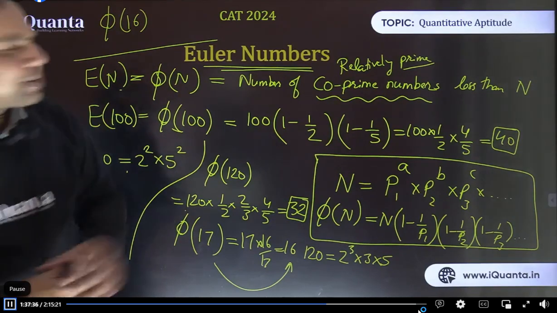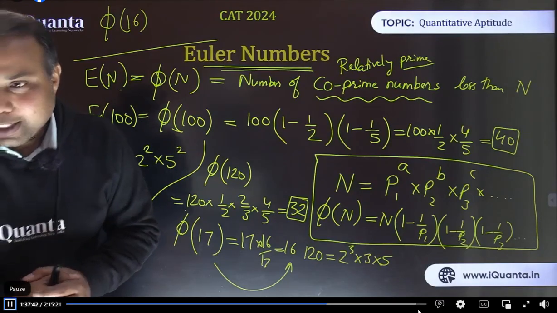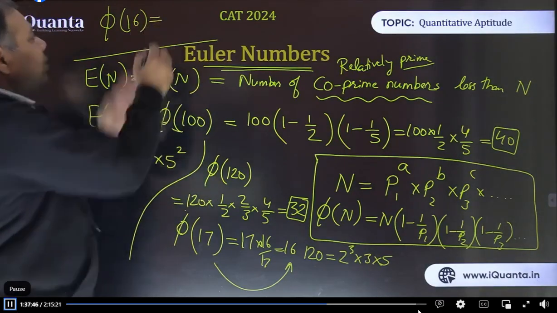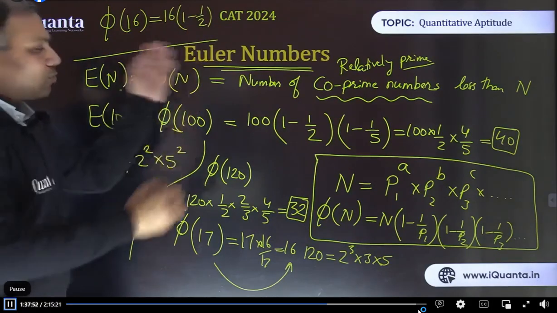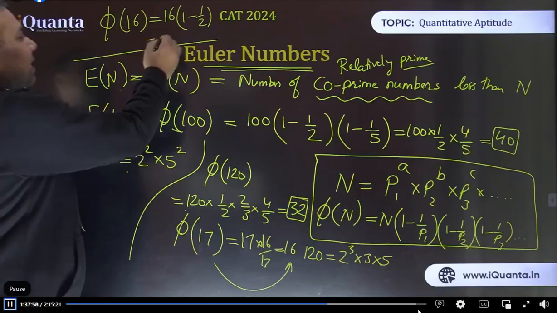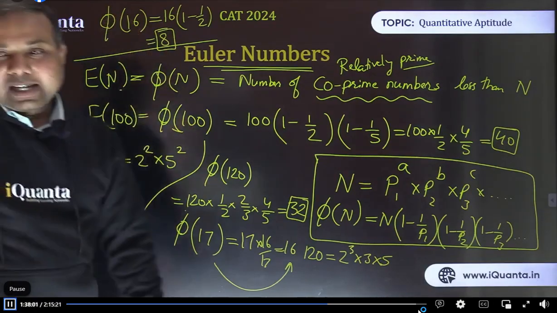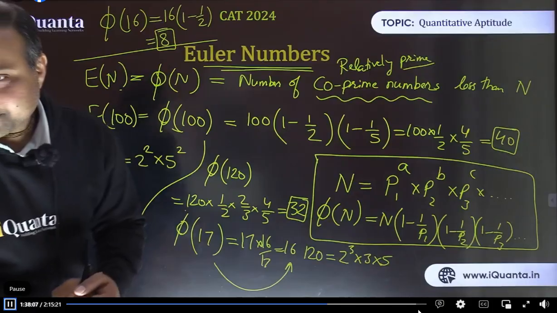Pranjal Gupta, it's not Wilson theorem. ये Euler के नाम पे इसको Euler theorem ही बोलते हैं. But anyway, that name is not very important. Yes, fine. So this is phi of 16. Here 2 is the only prime number, so its value comes out to be 16 into 1 minus 1 by 2. I'm using the same expression. So 1 minus 1 by 2 is simply 1 by 2, and 16 times 1 by 2 is 8. As many of you have got it correctly. Fine. Okay, let's move further.